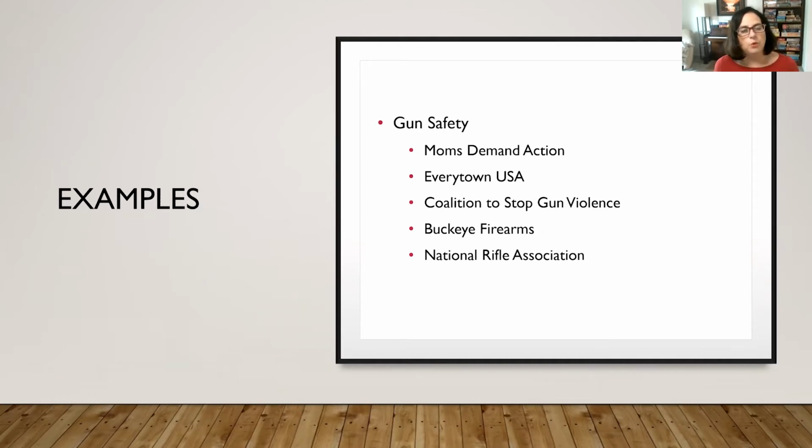There's a lot of organizations, if you spend a little bit of time, that might feel like enacting changes to gun legislation is really important. But it's really also important not to overlook those who might be opposed to some of your suggestions, right? So I put on here organizations that are more typically pro-gun and resistant to changes. And that includes, in this state, Buckeye Firearms or the National Rifle Association. Because you really want to take a look at both who's going to be for your issue and who might be against. And then truthfully, if you can reach them and connect with them and find something that they'll support, you have a much stronger chance of getting a change enacted.